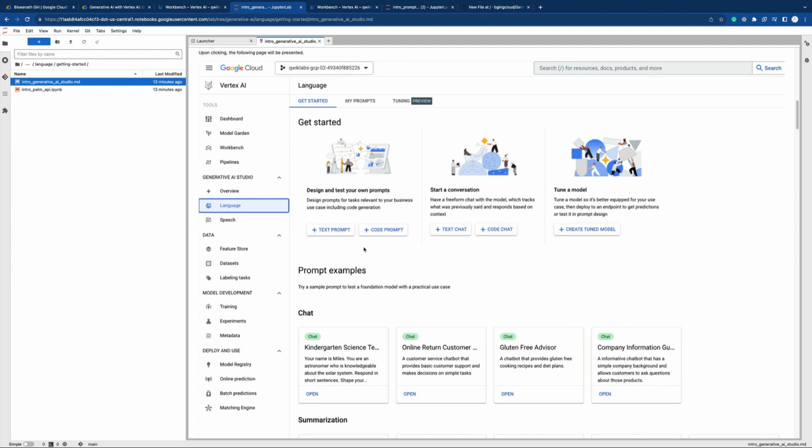There are three ways you can use the generative AI use case. The most important thing to keep in mind is how to design and test your own prompt, how to start a conversation, and how to tune a model. So it's a better fit for your use case, depending on what you need to get predictions or test in the prompt design. Or if I talk about start conversation,